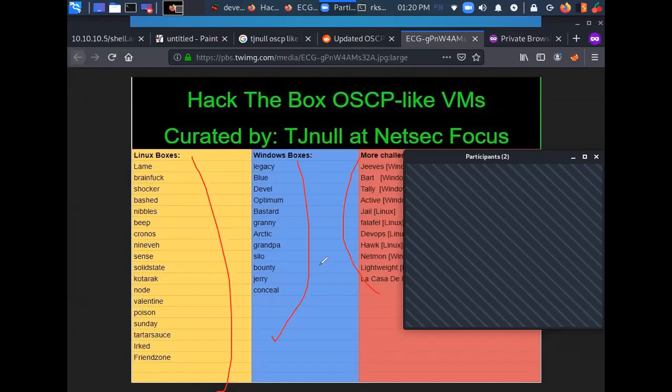But in the exam, there are going to be rabbit holes. There are going to be unnecessary ports open, which are there just to waste your time. Like you are trying to exploit the machine using port 80, and it seems to be vulnerable, but it is not. That is how the exam works.